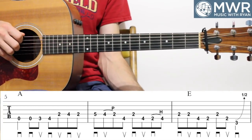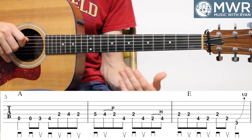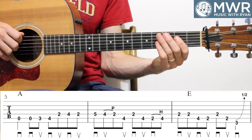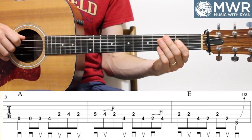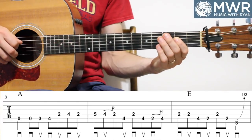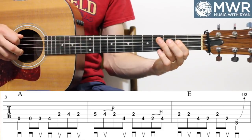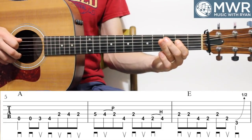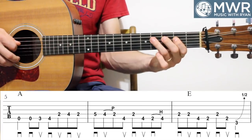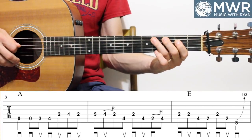So measure 5, we land on the open A, it's a quarter note there, and then we're gonna do a series of 8th notes here, pretty straight ahead now. So open A on the downbeat, 1, and then again, open A, 3, 4, next string, 2, 4, 2. 1, 2, and 3, and 4, and 2, and 3, and 4,